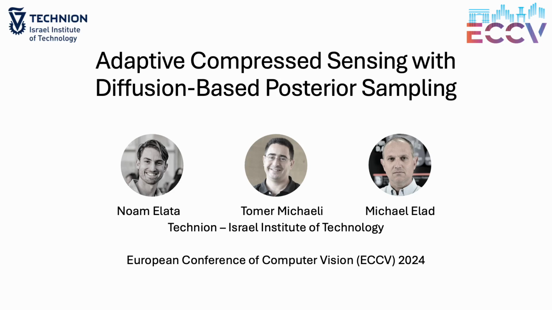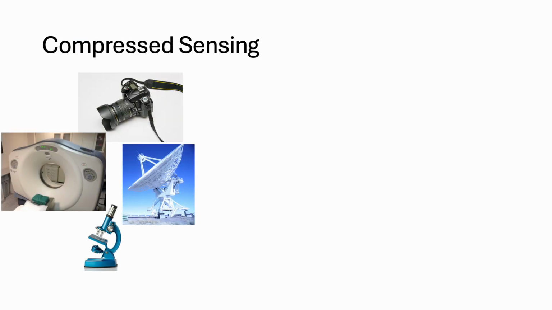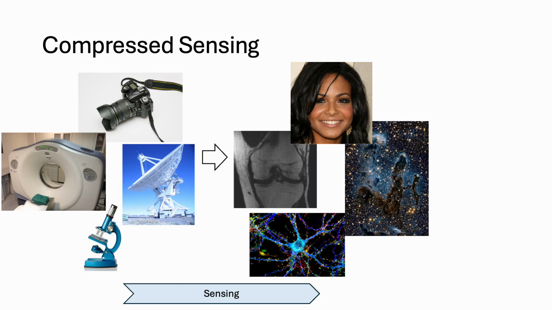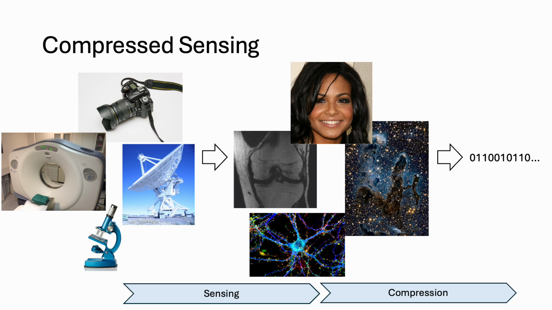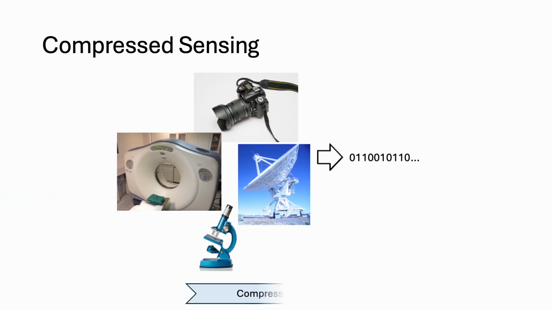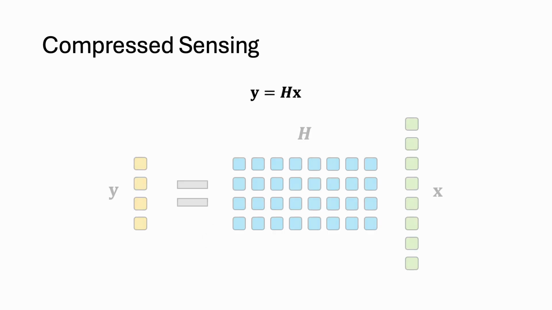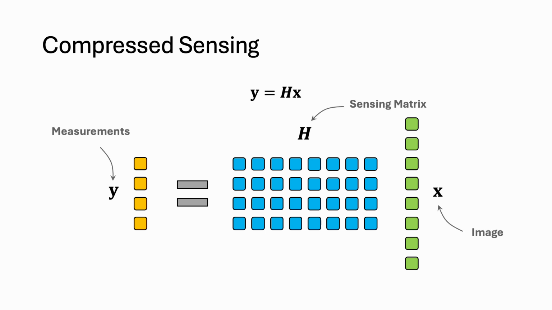Hey, I will present the paper Adaptive Compressed Sensing with Diffusion-Based Posterior Sampling for ECCV 2024. In image processing, images are usually acquired and then immediately compressed to a lower representation. This is wasteful, therefore a technique named compressed sensing attempts to optimize the measurements to make the acquisition of signals more efficient. In our setup, we attempt to use a low-dimensional vector of measurements, y, to solve the ill-posed equation and